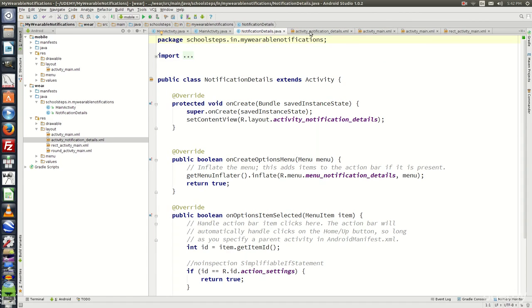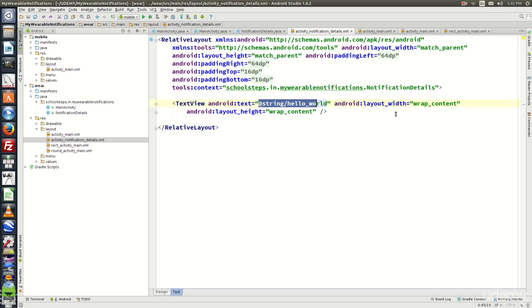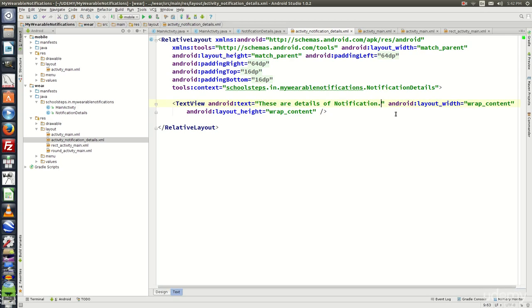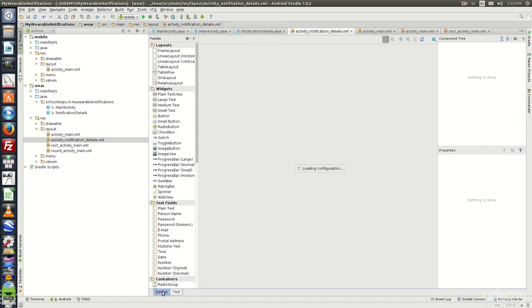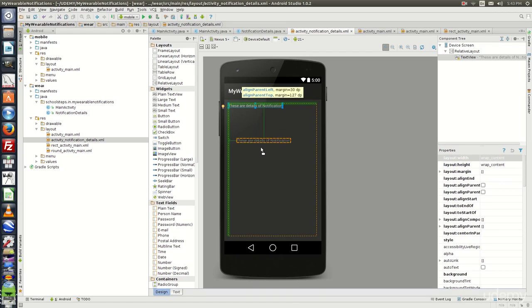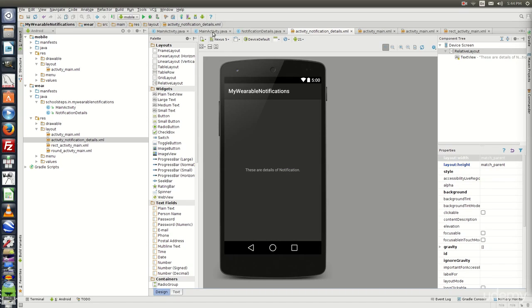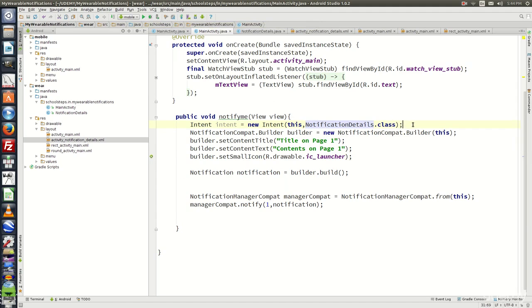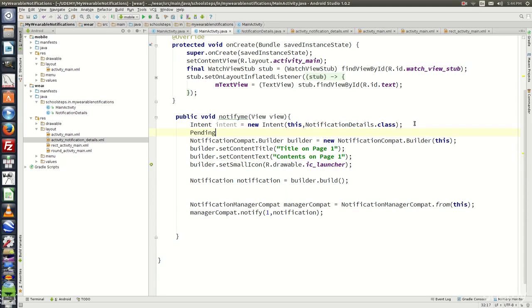Let's go to the XML file and right here, instead of saying hello world, let's say these are details of notification. Save it. Now go to the design view and drag the text right in the center. Now let's go to the main activity of the Wear module and right after creating the intent, we need to say PendingIntent